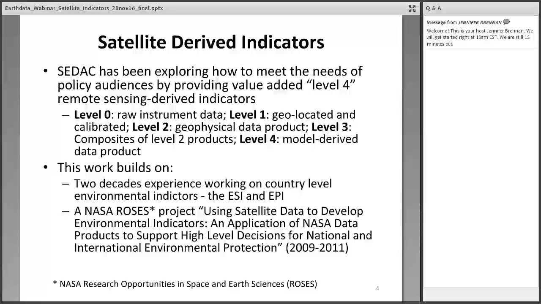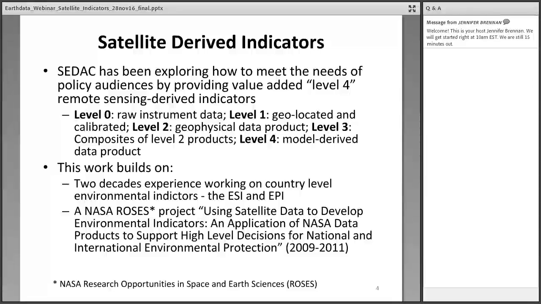So SEDAC's interest in satellite-derived indicators is really about a decade-long interest. I'll be showing later some data products that we produce that integrate remote sensing data into disseminated data sets. But our interest in developing indicators, what we call level 4 products, stems from the fact that we recognize that policy audiences sometimes need highly processed data